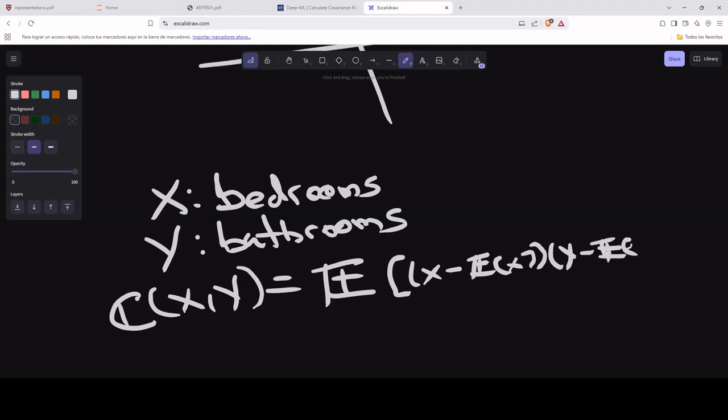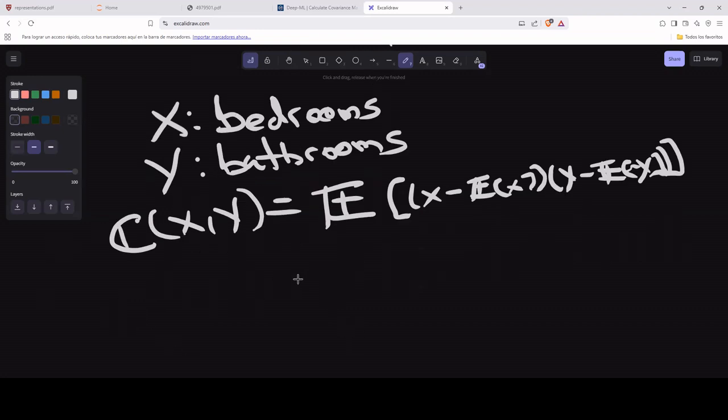So what this is telling you is, okay, for each observation, we're multiplying how different the variable x is to its mean and how different the variable y is to its mean. And so we get this little number right here. Now, one thing that you have to keep in mind when you're calculating the covariance is that in contrast to the variance, this value is not necessarily positive. It could be equal to 0, but it's not necessarily positive. So you could have, for example, let's say the number of bedrooms again, and let's come up with